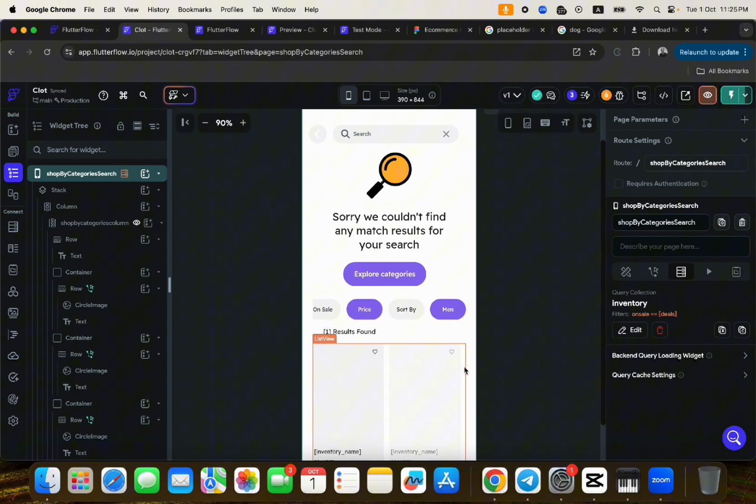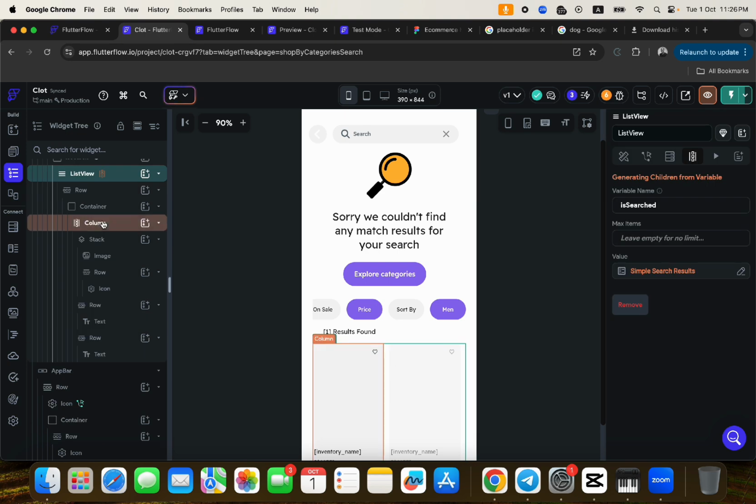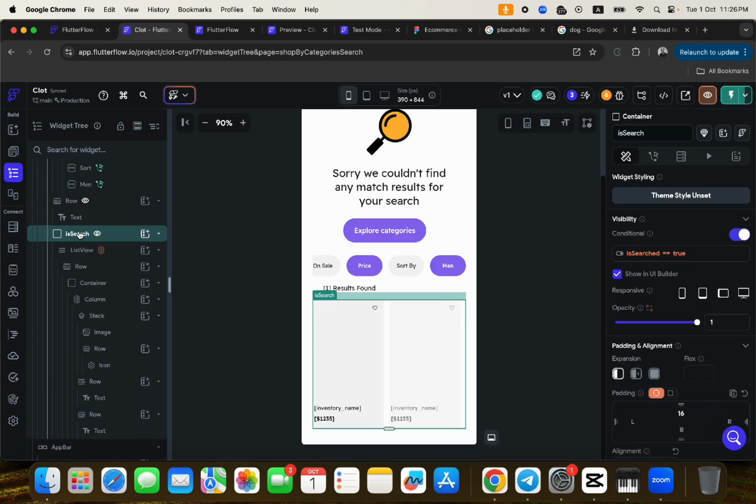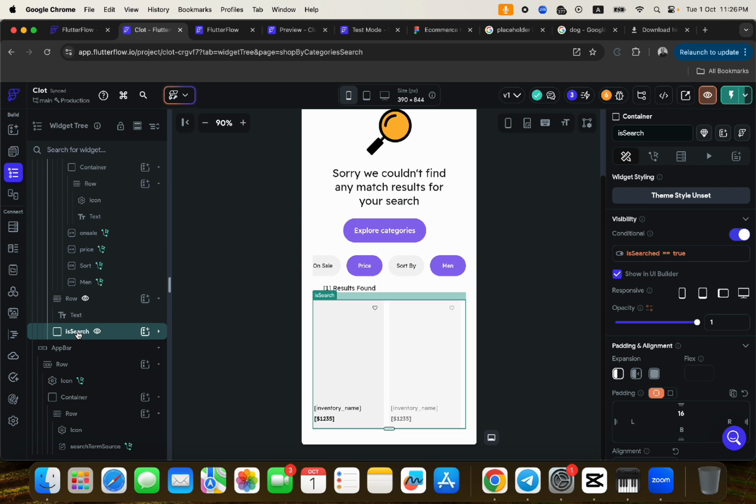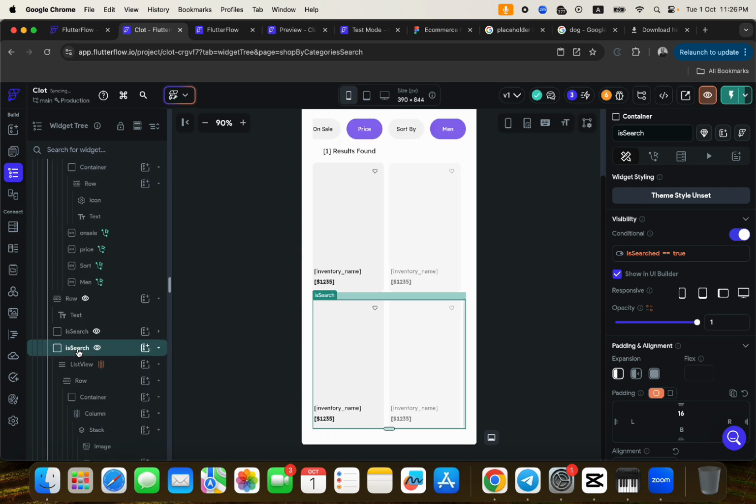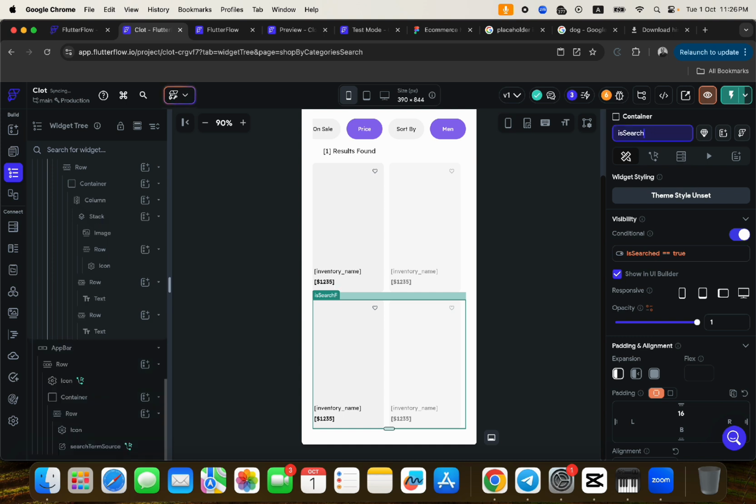So what we could do is duplicate this list view to basically show when the user searches. So we're going to have two of these list views. I'm going to come here and say it's search. So I'm going to duplicate it. I've duplicated these. This is is search, and the next one is going to be is search and is search filters, is search with filter. So we're going to do is search with filter. This one is going to be called is search with filter, and